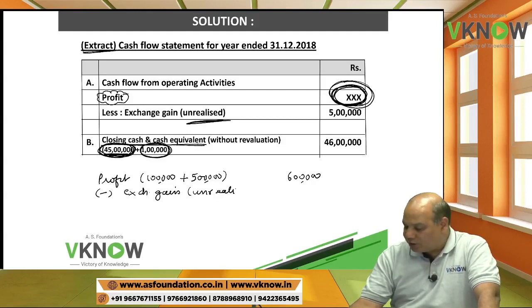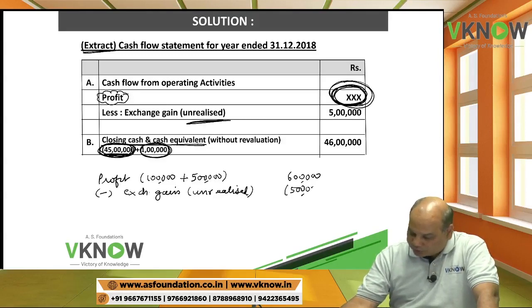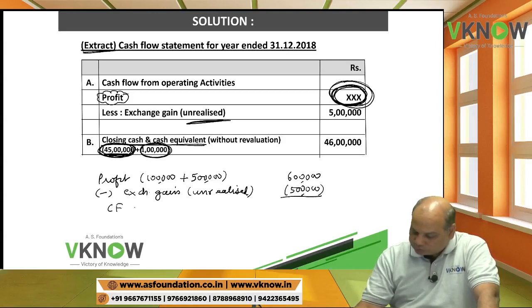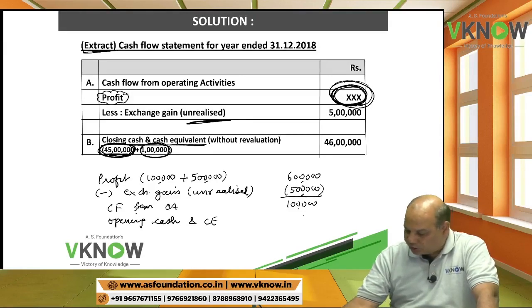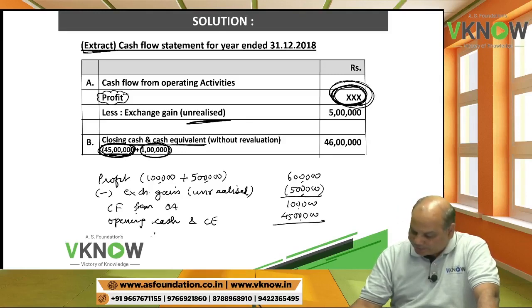If you want to write interest income also and profit also, 5 lakh, so you'll get cash flow from operating activity 1 lakh, opening cash and cash equivalent 45 lakh, and